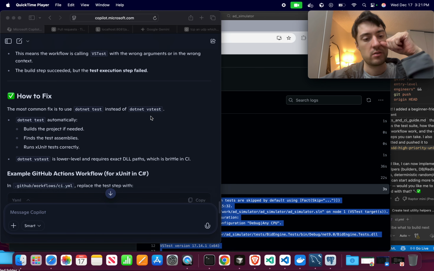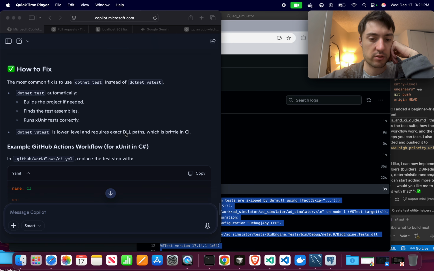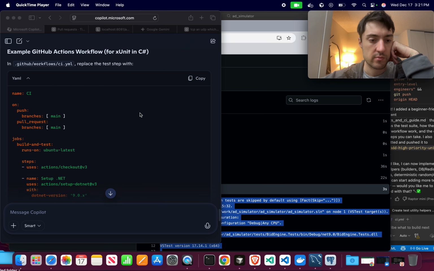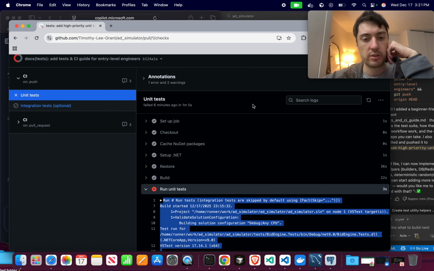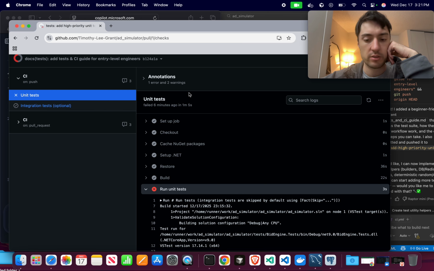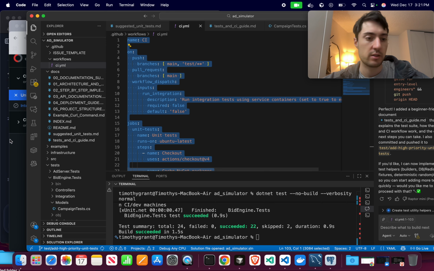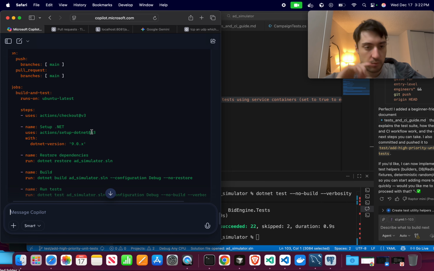Okay, yeah. .NET Test automatically builds the project if needed. Finds the test assemblies, runs XUnit. Okay. Vtest is lower level and requires exact DLL matches. Okay, so now what I want to do is I want to go into here. I want to copy and paste this into here. And then see